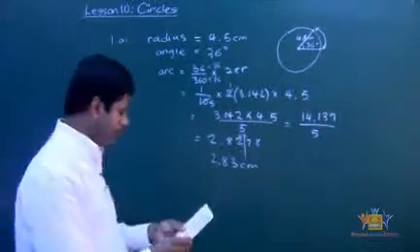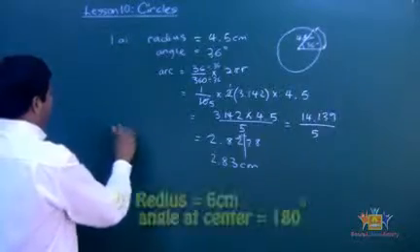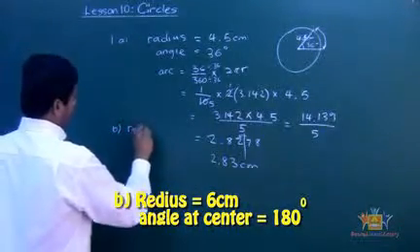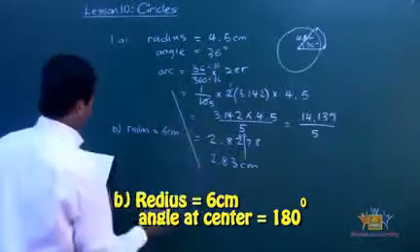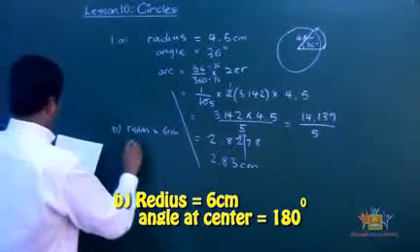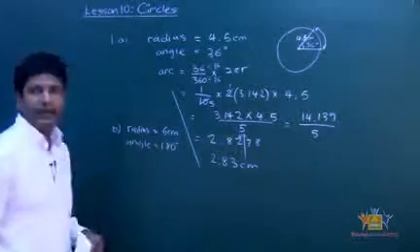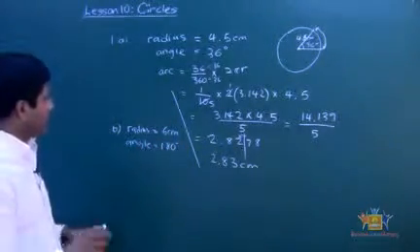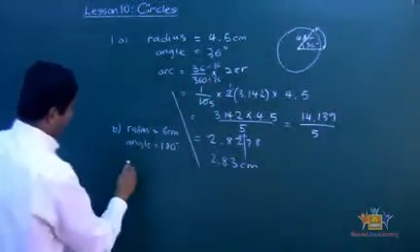Now let's go to problem B. Problem B, this time you're given the radius is 6 centimeters, and the angle at the center is 180 degrees. All right? Now, what's our goal? First, we've got to write down the formula, the arc formula is